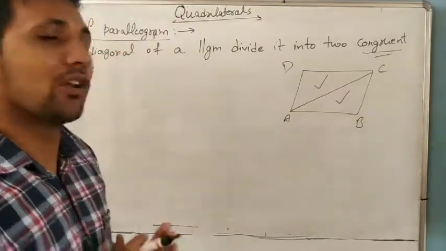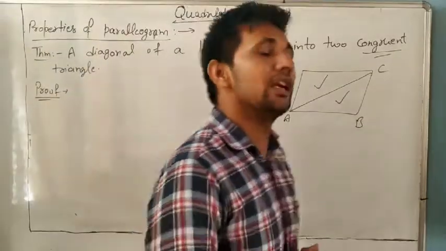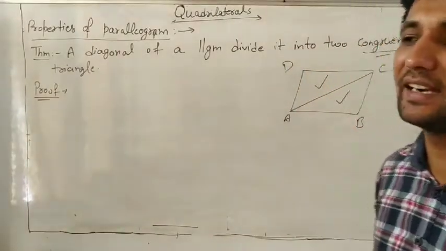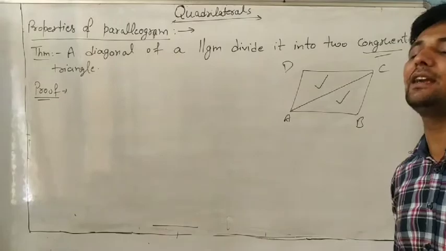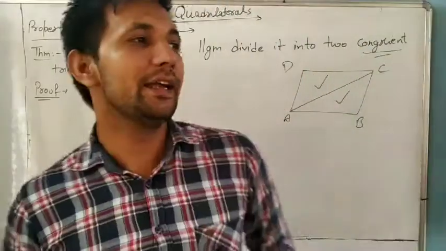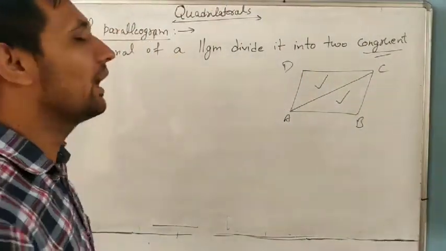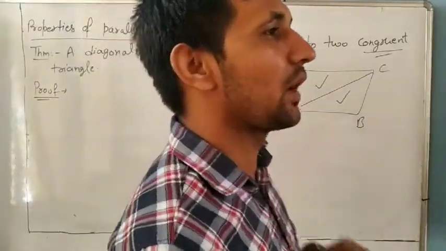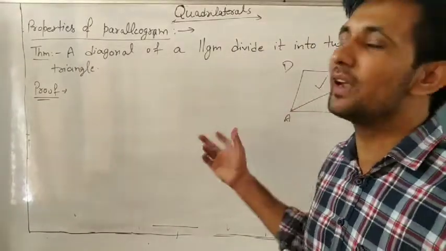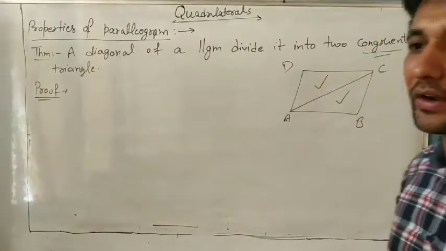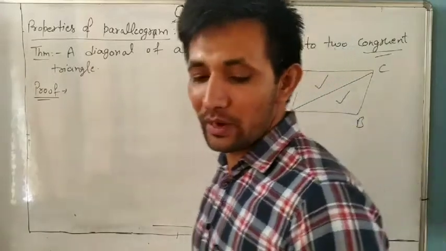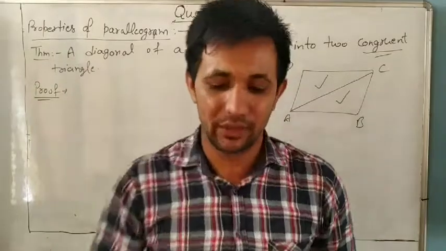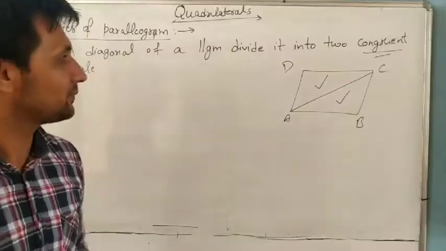Understand it? And the congruence properties everyone knows; in the 7th chapter we already discussed. There are five congruence properties: SSS, SAS, ASA, AAS and RHS. If you find any one of these five properties in two triangles, we can say these two triangles are congruent. And congruent means if two figures are congruent, they will cover each other completely. So now we will prove that they are congruent.